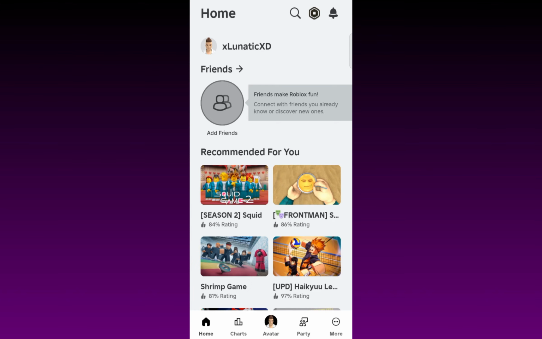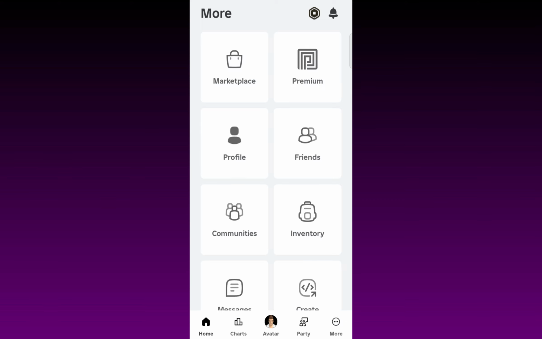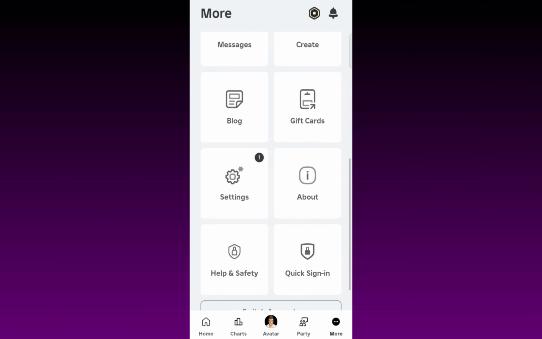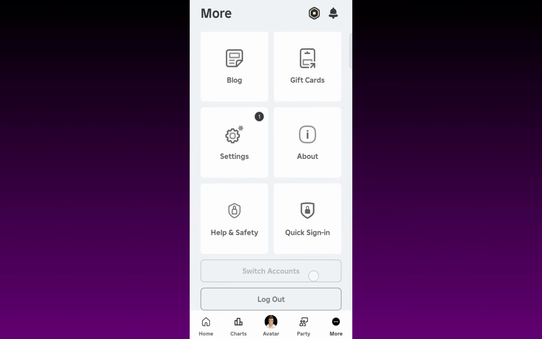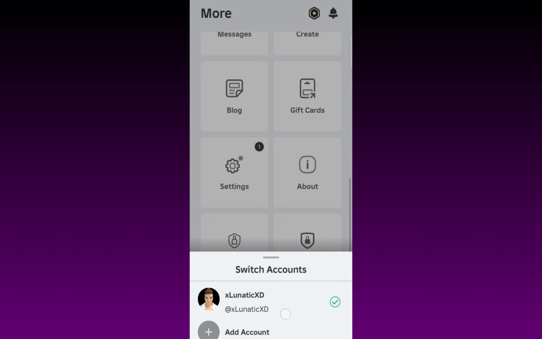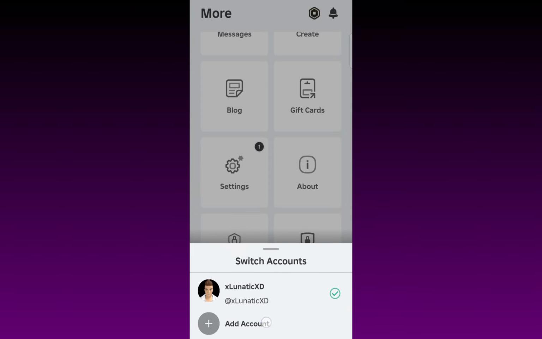Hi there, welcome to our channel, and in this video I'm going to show you how to switch accounts on Roblox Mobile. First you have to click on more at the bottom right corner, then scroll down and you will find switch accounts. Simply click on switch accounts and you will find all the accounts that are available in your